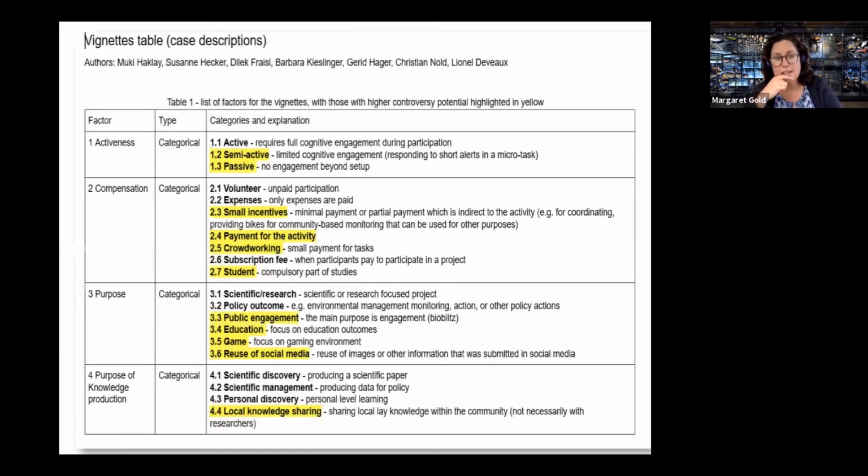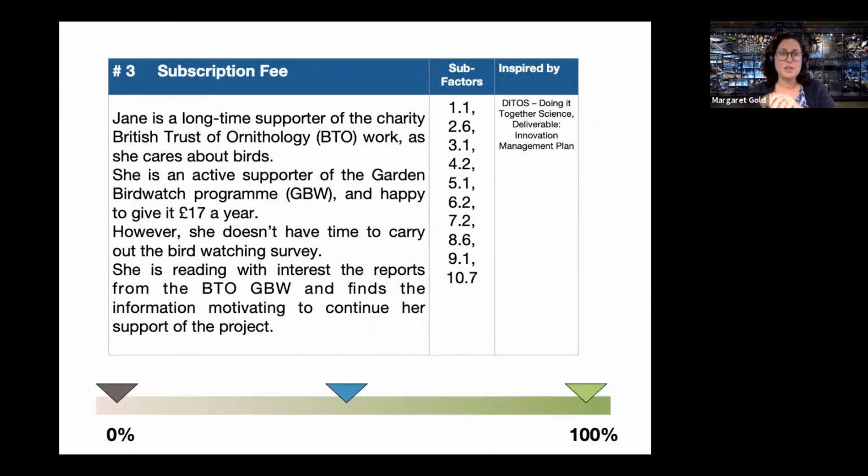And drilling down into each of these factors, we came up with a kind of typology within each of those factors. And you can see an example of some of these here. And we used these as the basis for developing the vignettes. And here you can see we chose a number of sub-factors to highlight, to zoom in on, for the designing of the vignettes. And what we tried to do across these total of 9 factors, and then a much larger range of sub-factors, is come up with a mix so that we had in the vignettes covered off most of the factors. So here you see an example.